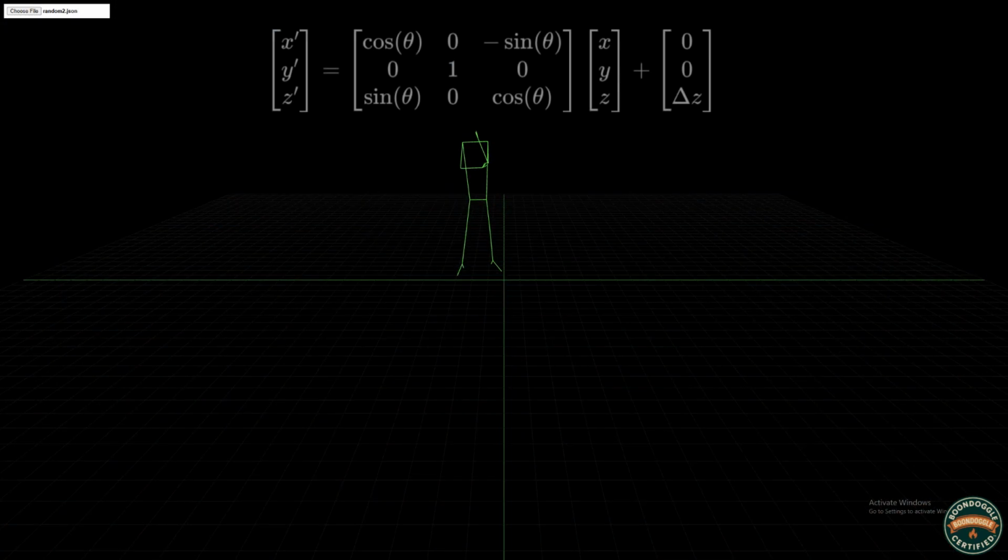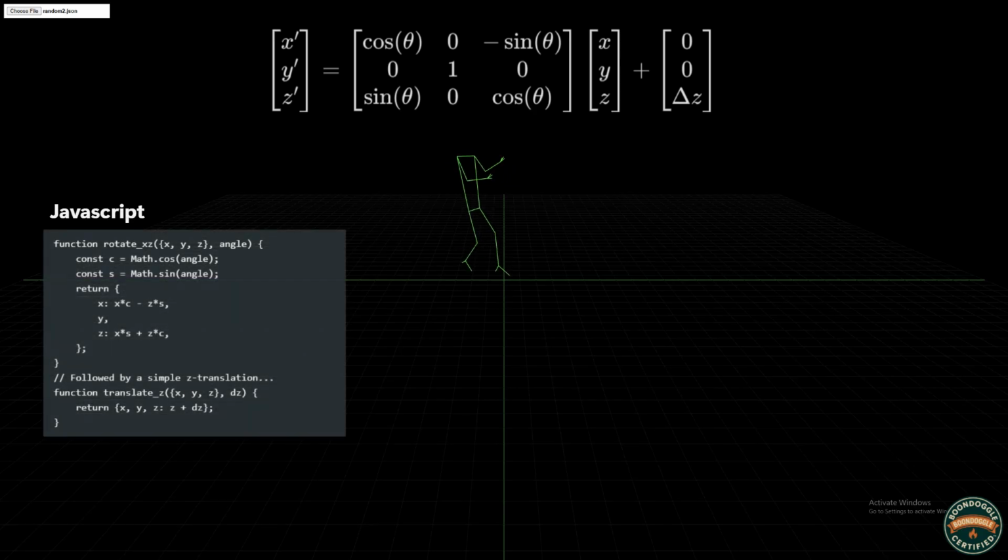Before we touch the code, here's the math version of what we're doing. And I'll be honest up front, I don't really speak this language fluently, but the good news is we don't have to. All it's saying is take a 3D point, rotate it sideways, and then slide it forward along the z-axis. And that's what this code is doing. It's secretly doing what the matrix shows, just written out longhand so humans can code it.